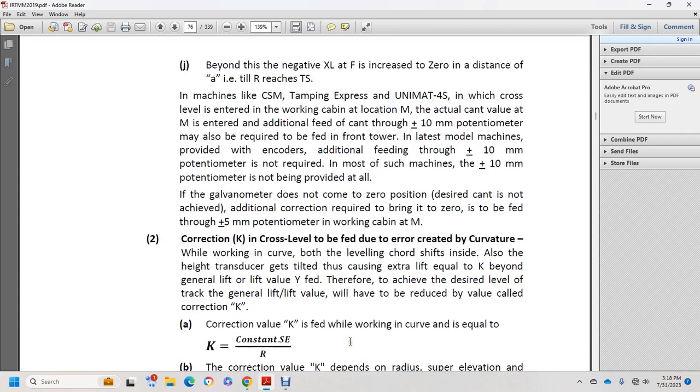working cabinet at M. Two corrections: X correction K to the cross level of the fed to do with the curve, with the curvature, while with the curve of them both with the feeding and level and curve shift inside. Also height transit with the gift of the tilt, causing extra lifting, with the K of the general lift of the lifting value Y fed. Achieving the desired level of track, general lift of the lift value which have them reduced value called with the correction K. Correction value K is fed with a working curve, equal to K is equal